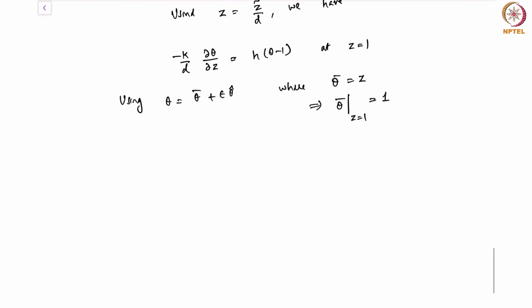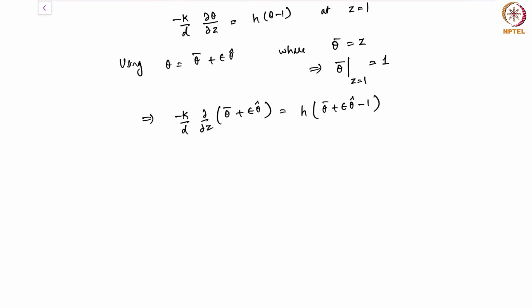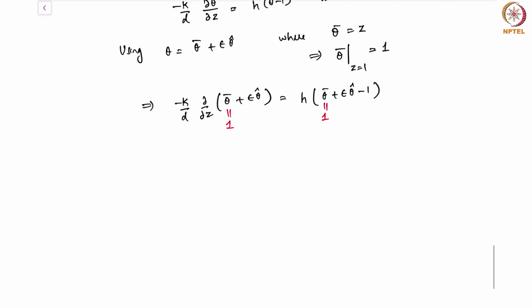So if we substitute this perturbation, what do we have now is minus k by d of del by del z of theta bar plus epsilon theta hat is nothing but h of theta minus 1. Theta minus 1 is nothing but theta bar plus epsilon theta hat minus 1. Now this quantity here is 1, this quantity here is 1, and what survives now simply is